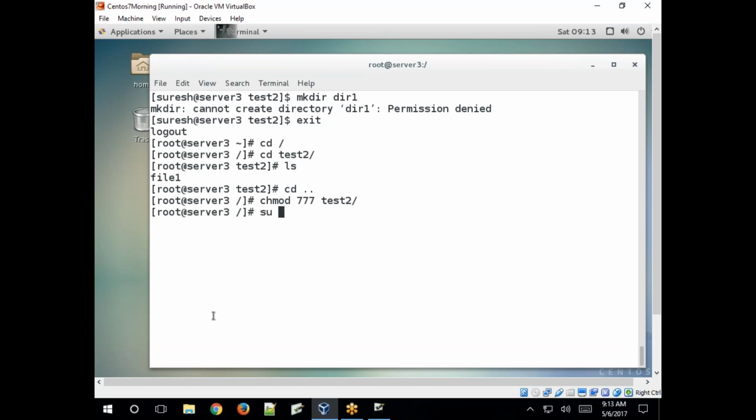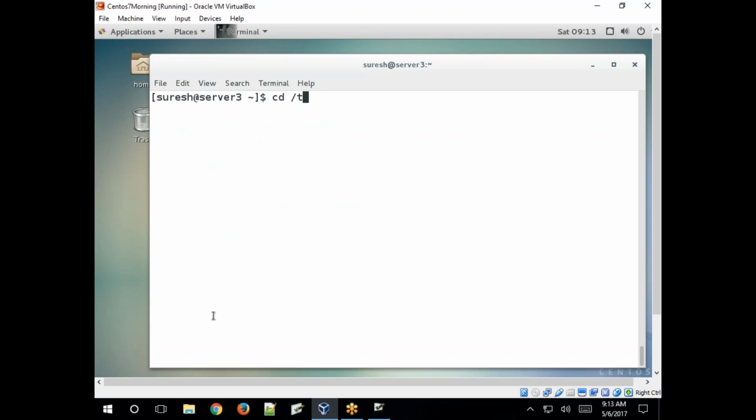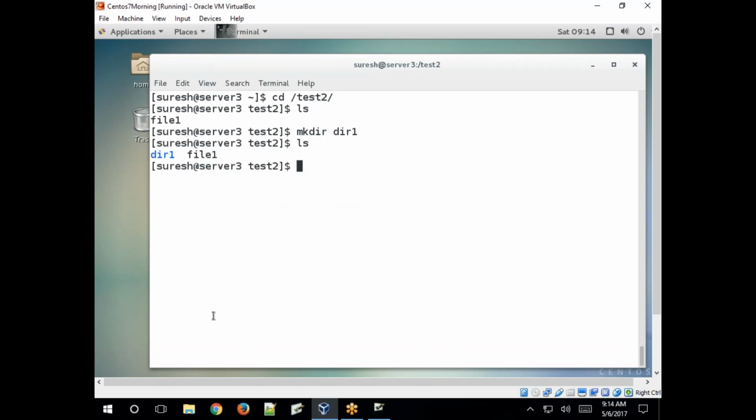Now switch to Suresh. Change directory to test2. ls, only file1 is there. Now create a directory, mkdir dir1. Now it is created, because write permission is now allowed on the directory.